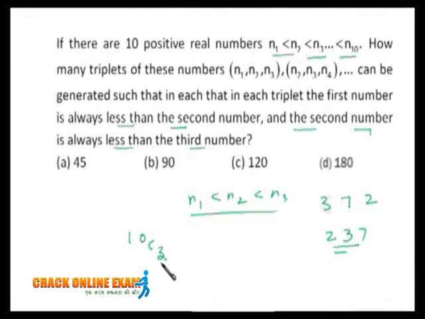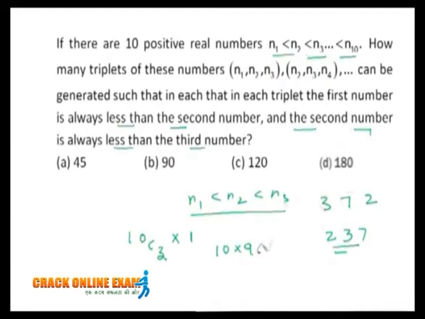So we got all the combinations of three numbers from these 10 numbers, and there is a single way of arranging these three numbers, that is the ascending order, right? So whenever we want to arrange the numbers in ascending order, it's just a single way, if the numbers are fixed. So 10C3 are the total combinations and arrangements will be 1 only. So in all, 10C3 is our answer.